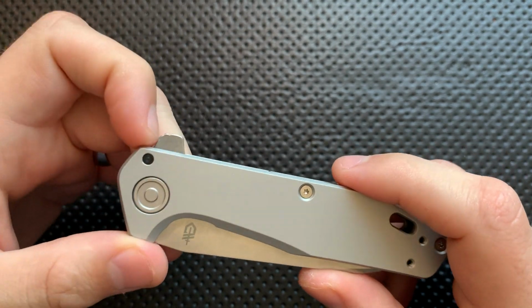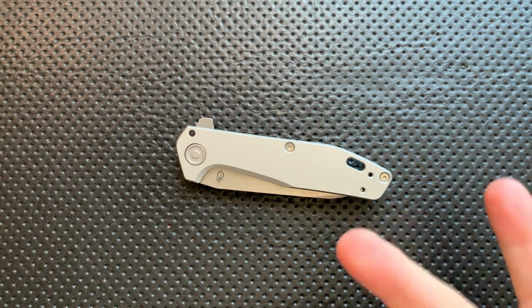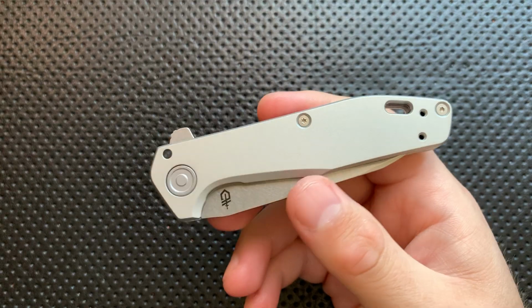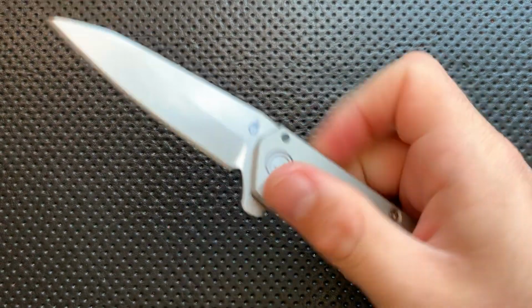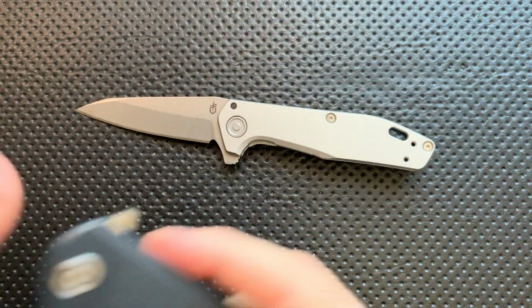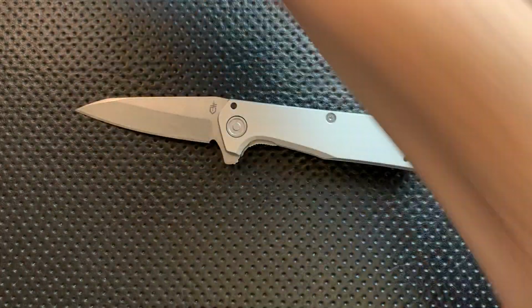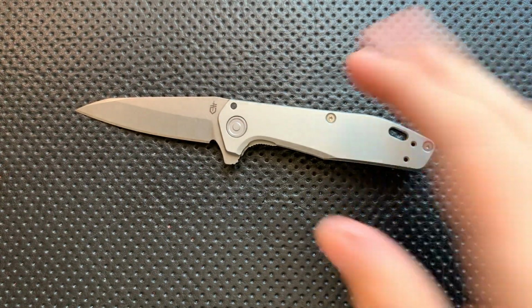It's coming in at $100. Now, look, this is not necessarily a bad price for the knife, because I can very easily see a good unassisted flipper in S30V hitting $100. But the thing is, there are a lot of comparable knives out there. I mean, knives from companies like Ruike, Civivi, I've got one over here. Knives from Spyderco, the Chaparral in XHP, Steel Will, Real Steel, even Kershaw are shipping knives for